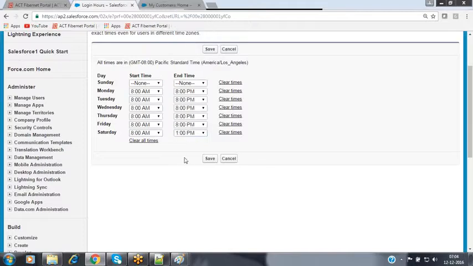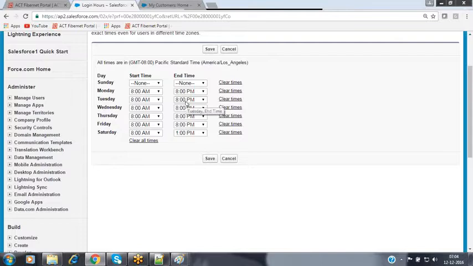Like a banking application, we can configure that here. Once you configure that, whenever the users try to access this application, they can log in to the application only during the login hours. Once the login hours are over, the user cannot log in to that application here. If you want to configure those hours, then we can specify them at the profile level also. Depending upon your requirement, if you want to configure different timings for every profile user, then you can specify that here.